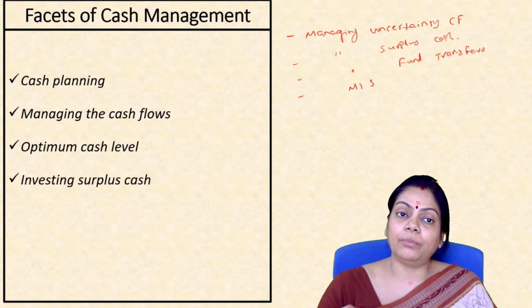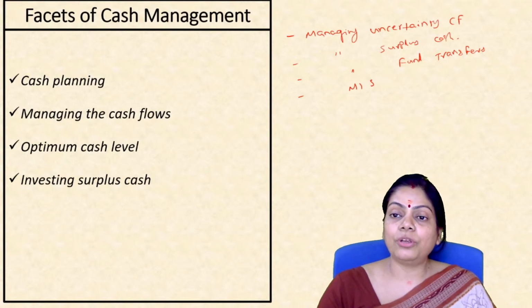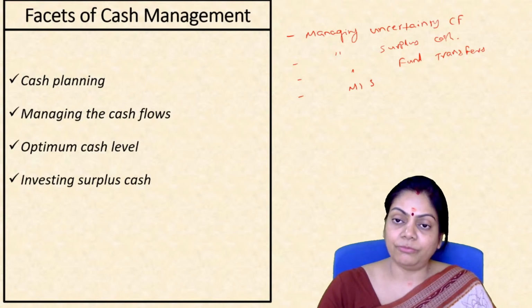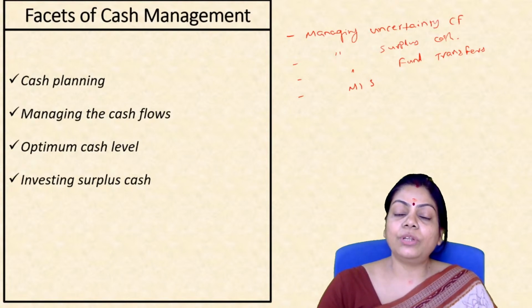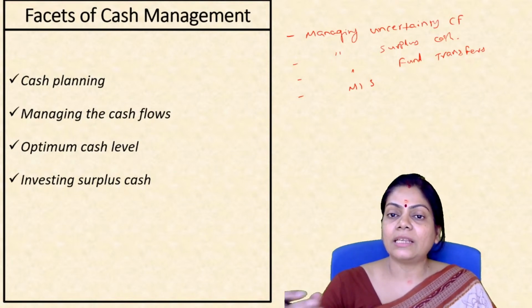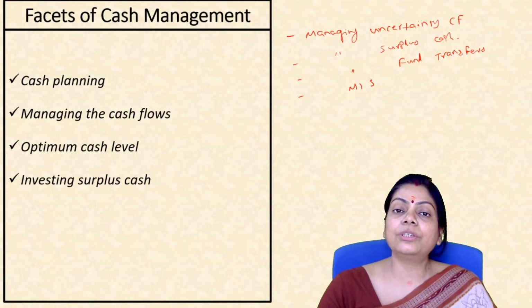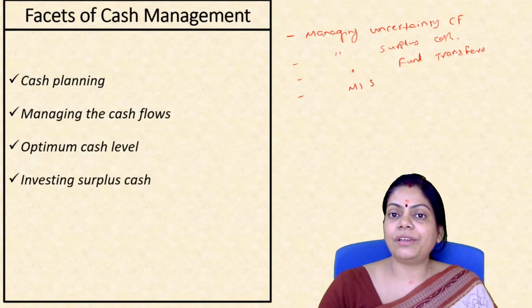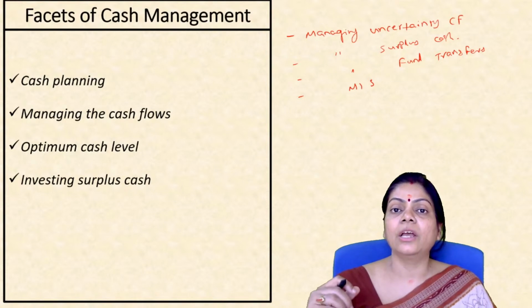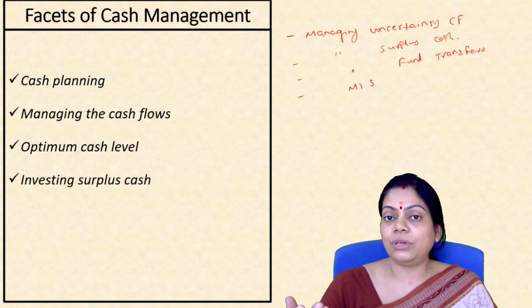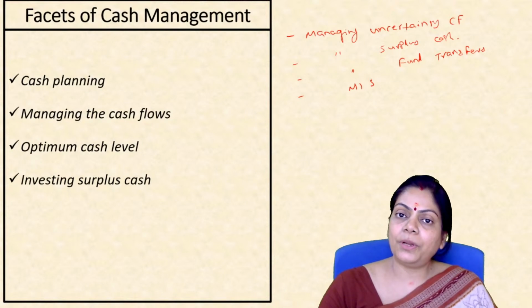So you should have taken care of your borrowing base. Your borrowing base should be very appropriate, so that you can do it on very short notice. Now see, it is one thing to have business dealings with a bank, so that you can avail the cash as and when, but at the same time the banks will not give you cash just because you have regular business dealings with them. If you don't satisfy the various adequacy norms required by the bank, they won't. So you should first see to it that your borrowing base is appropriately maintained.